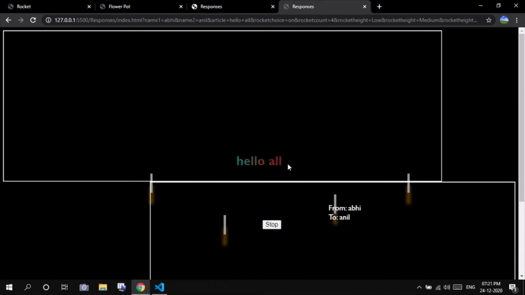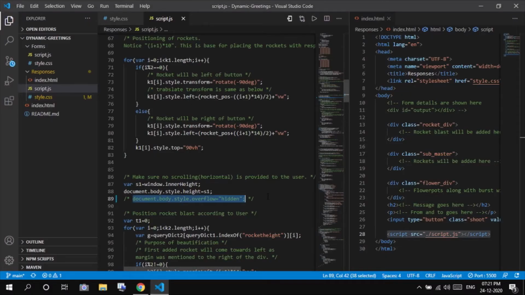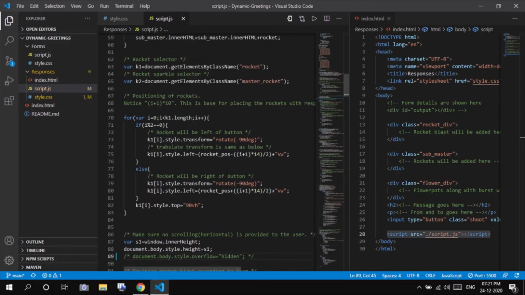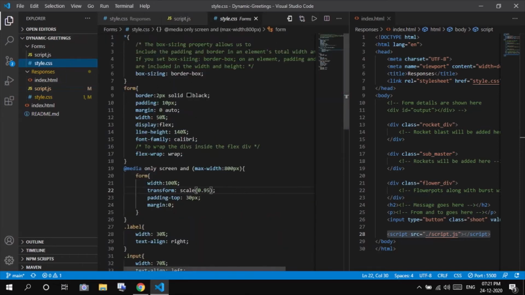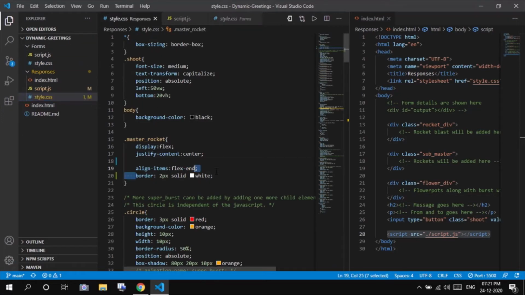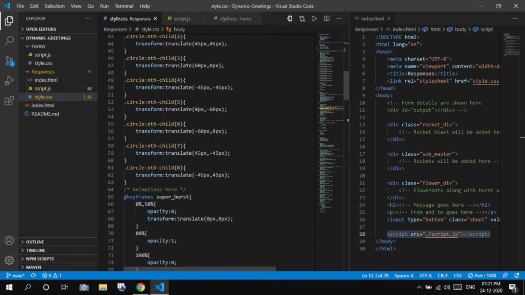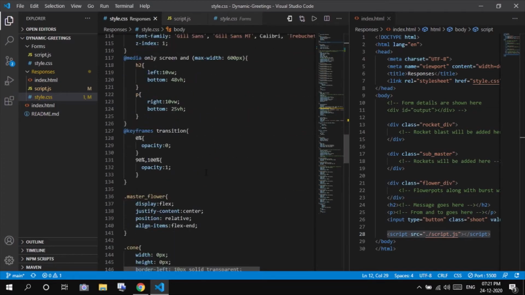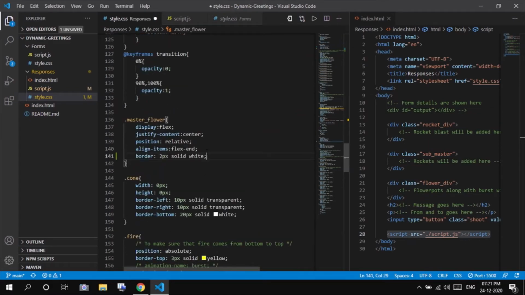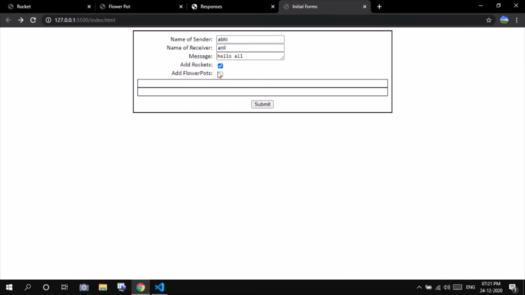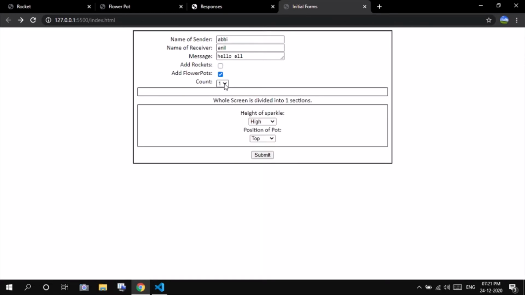In a similar way, the flower pots work too. Let me show you that too. Coming to this tiles, copying the same border to make sure that you understand, and coming to this flower pot ones. At this, pasting this. Let me go back, remove rocket, and let me add rockets 3, and let it be same as it is. Submit.